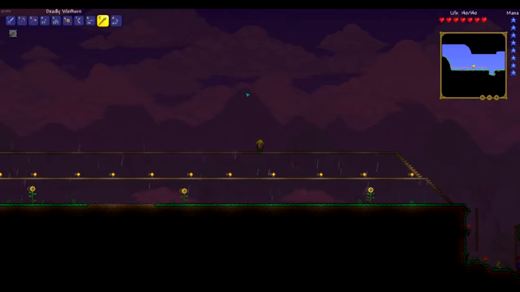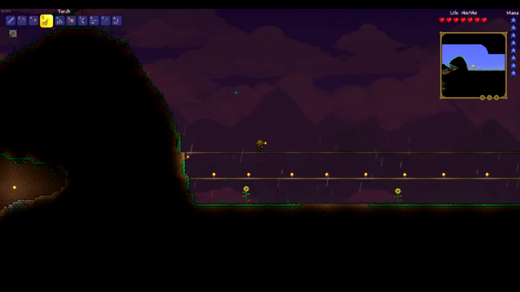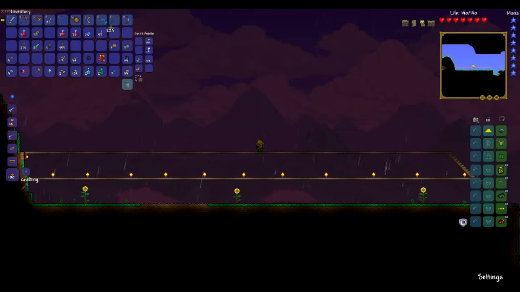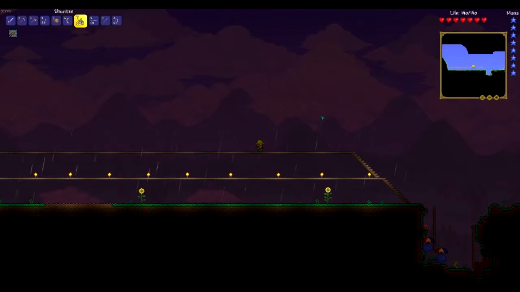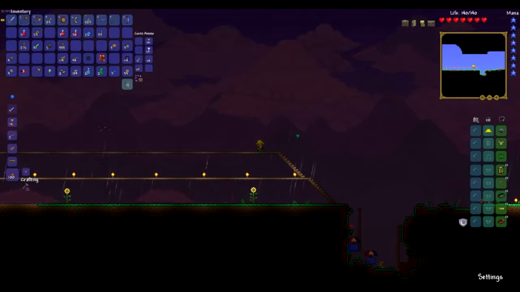We're going to use bow, Vilethorn, musket, boomerang, yo-yo, shurikens. That's kind of the order of how things are going to go. Actually, I kind of want to use shurikens a bit more. Let's do that. I'll probably start off with shurikens, as generally I quite like using shurikens for boss types, which I know probably sounds quite dumb, but they're actually a pretty good weapon for them. So,